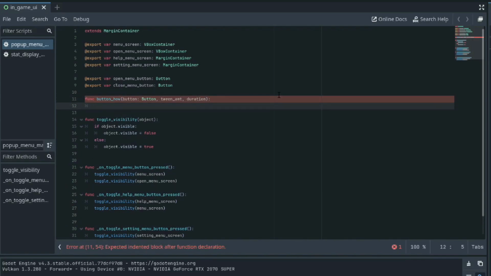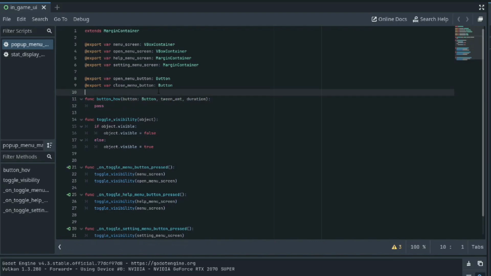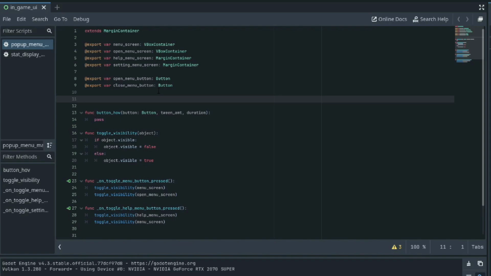And to set these up, well, what needs to happen to scale a button? Well, firstly, we need to check to make sure that button that we're trying to scale is hovered. So if you see how this function is called here, this function is going to be called, and we're going to pass through a button, and we're going to pass through a tween amount, and we're going to pass through a duration. So for example, if we have function